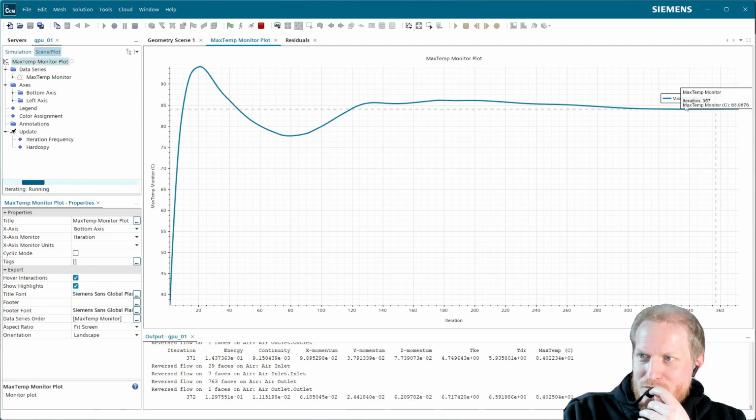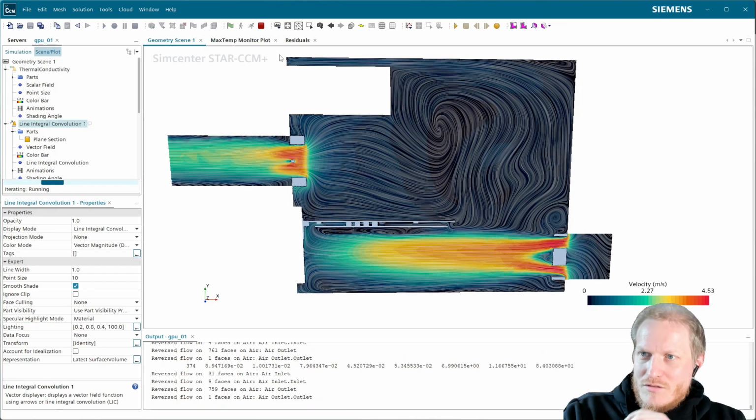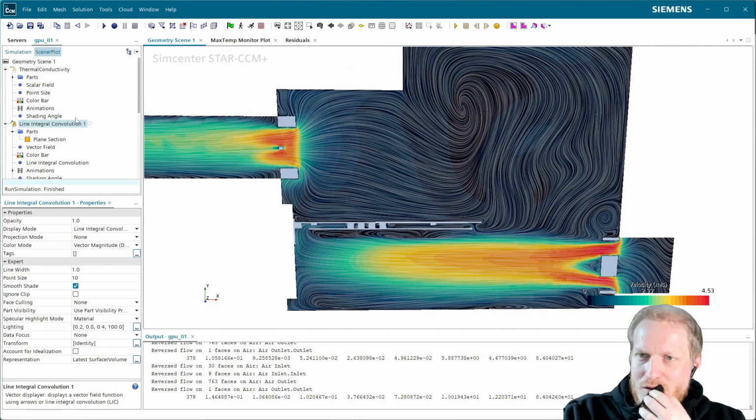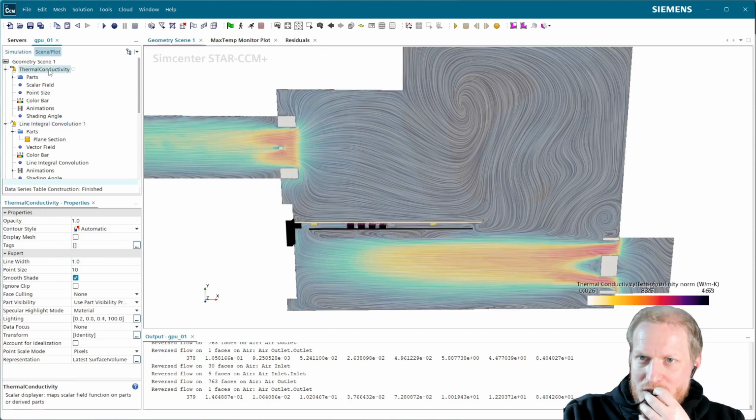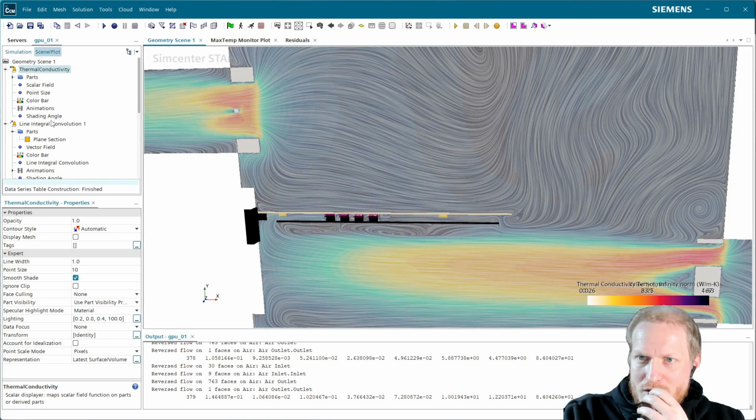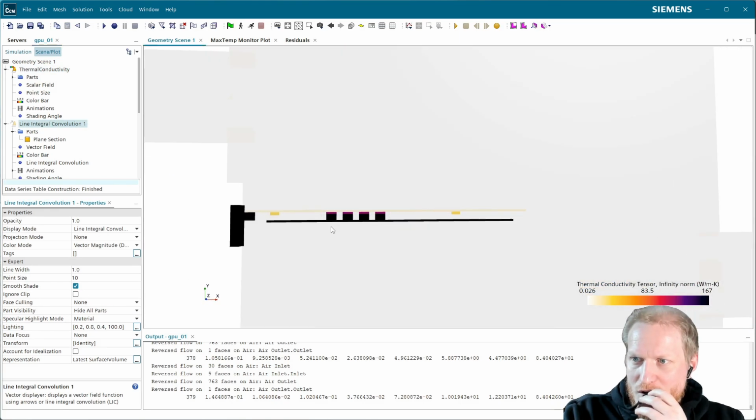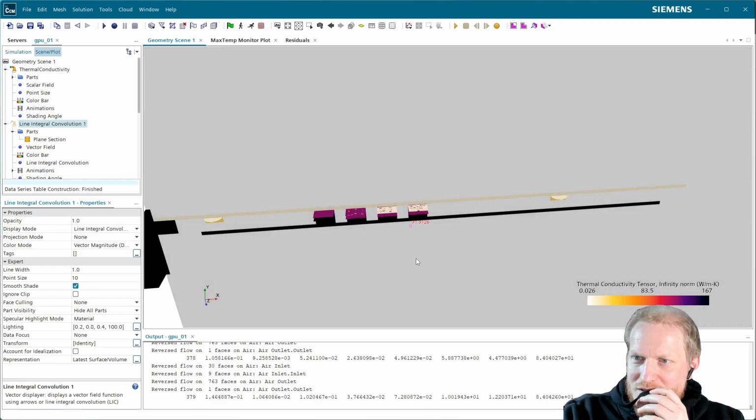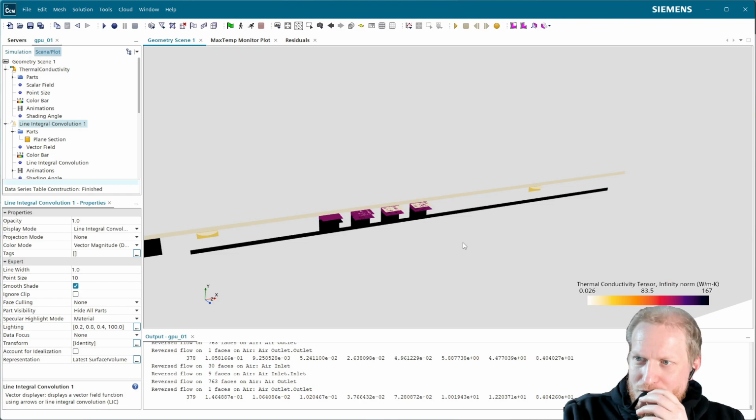But at least the maximum temperature plot is no longer oscillating too much. So let's stop here and make some parts look nice. So what's the thermal conductivity meant to be? Line integral convolution, you can go. That's our thermal conductivity of